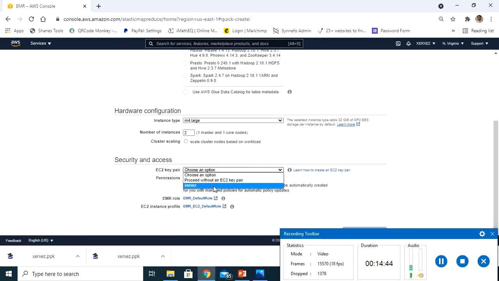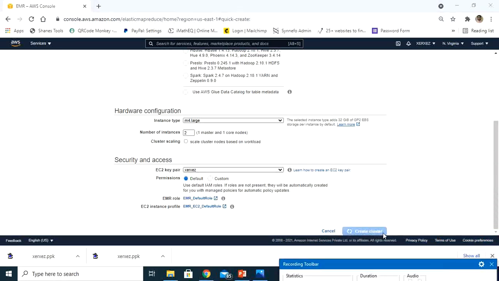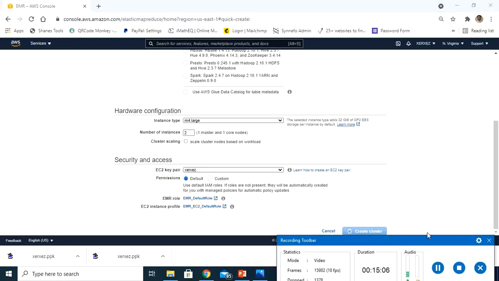Now you can see Xerxes, that is the key pair, here. So choose that key pair. After choosing the key pair, you can directly hit on create cluster. Let me try to create the cluster. It takes a little time to create the cluster. Hold on, let me create the cluster and get back to you guys.